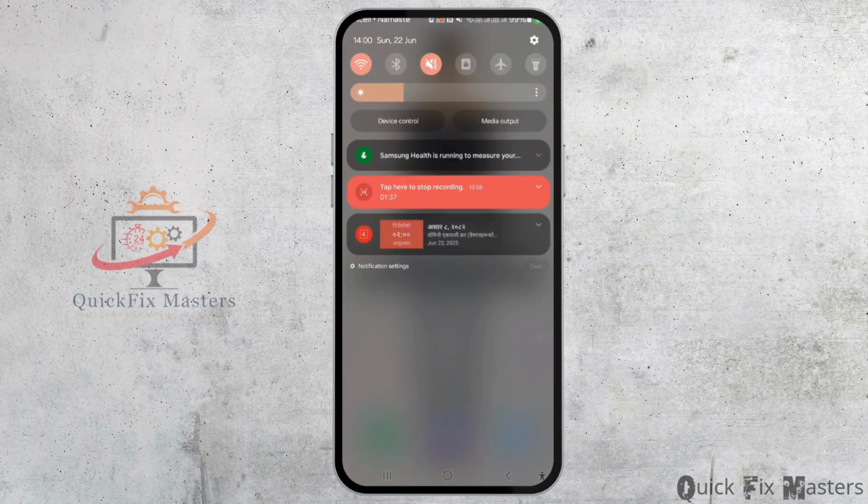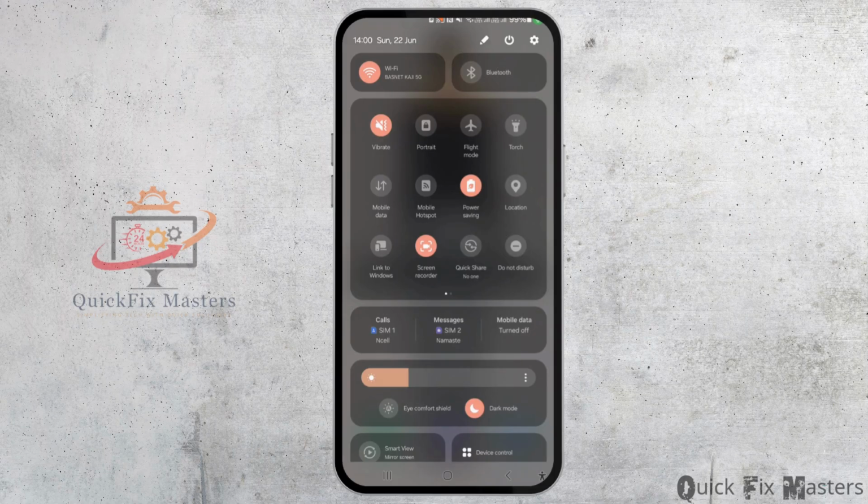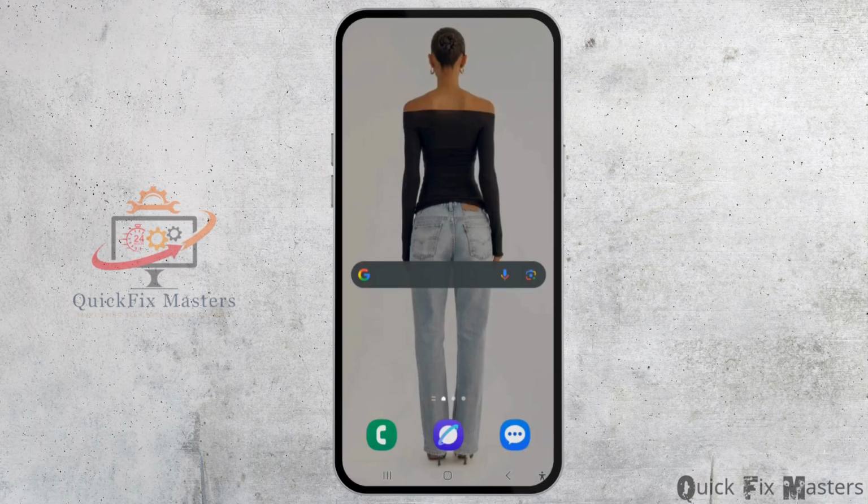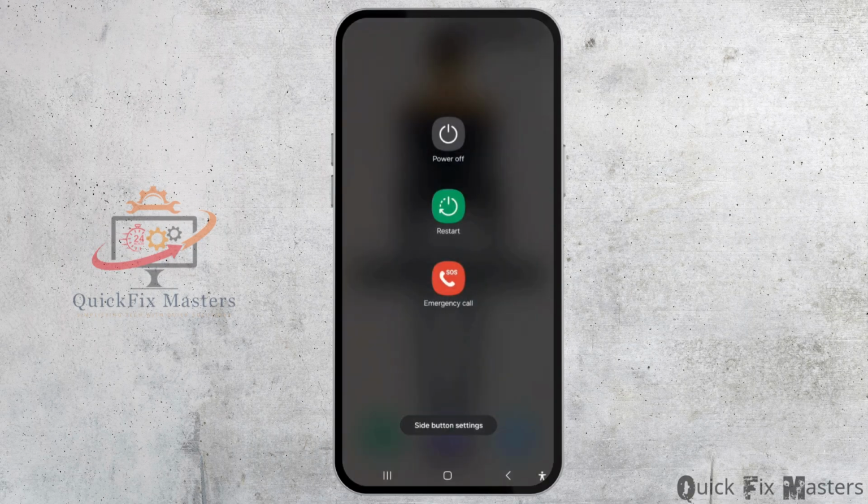Also make sure that your internet connection is working properly. It's stable, strong, and reliable. You can also use flight mode or airplane mode for 2 to 3 seconds to reset the network settings. Last but not least, go ahead and restart your entire device, and this should definitely help you fix the